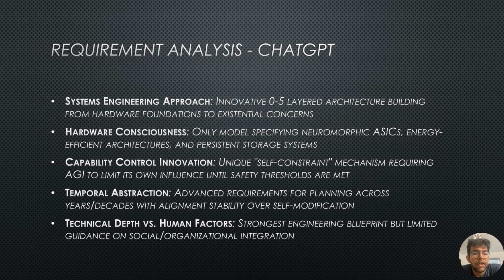ChatGPT was also very innovative in temporal abstraction, which basically means the ability to have requirements which think about long-term planning. It was the only LLM to come up with requirements about long-term planning, which is something that other LLMs could not do, and it is something that none of the LLMs can do right now at all. Long-term planning would mean long-term memory, and that's why I think ChatGPT started by building requirements for long-term memory in a base layer. Also, the capability control concept was quite unique among all the models.